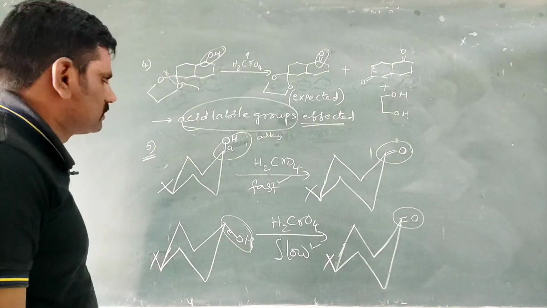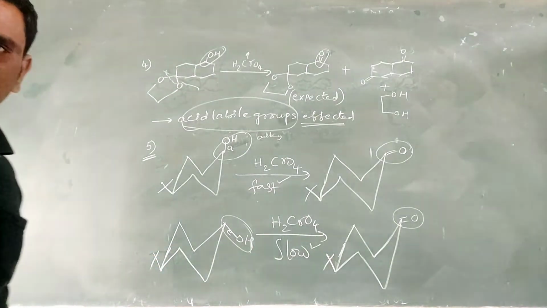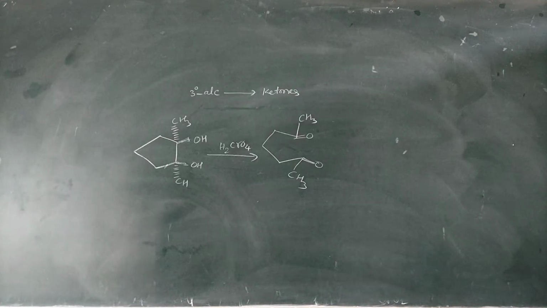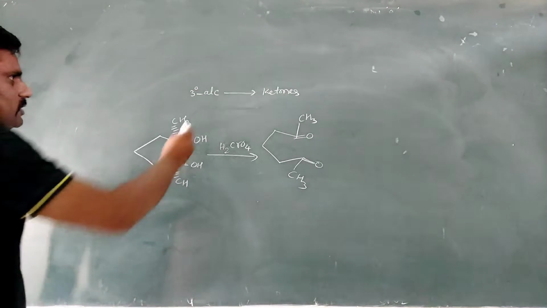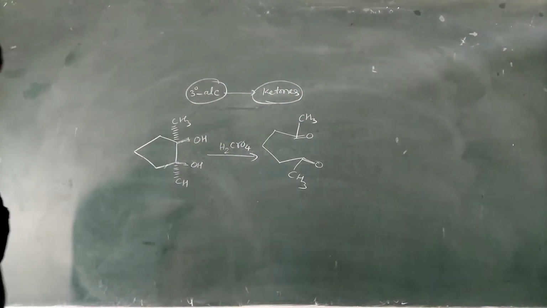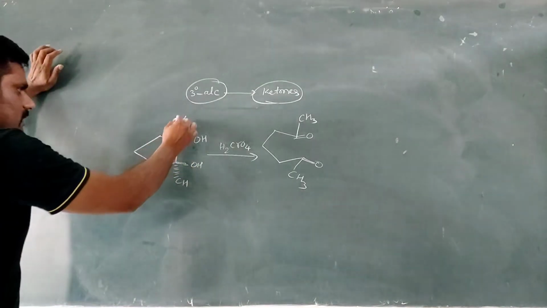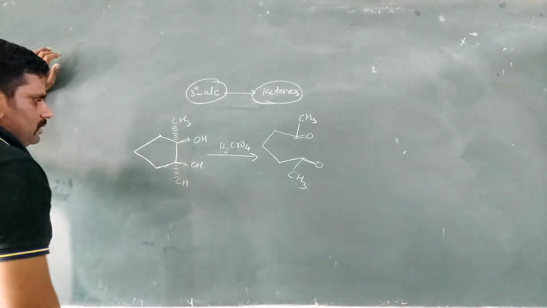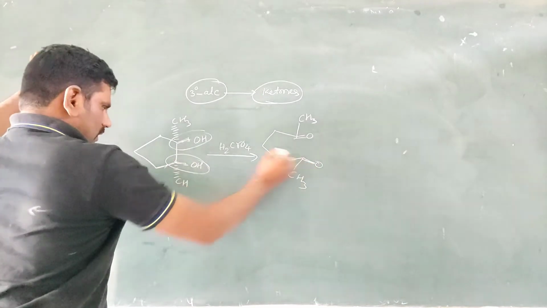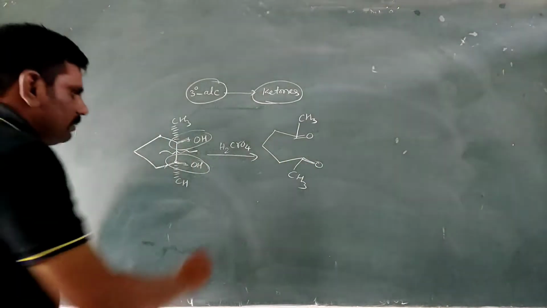So these are the applications of chromic acid, H2CrO4. Lastly, tertiary alcohols. Sometimes a tertiary alcohol may be converted into ketone. In this tertiary alcohol, three side carbons are there. This tertiary alcohol is converted into carbonyl compound by cleavage of a link. So these are the applications of